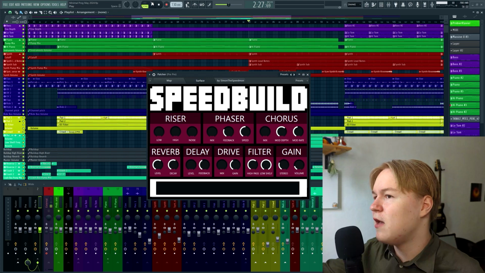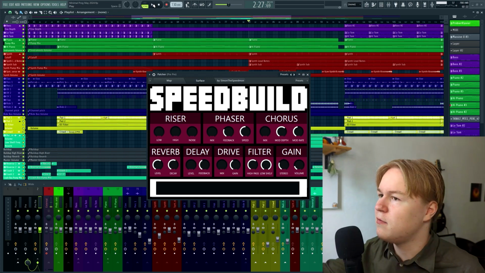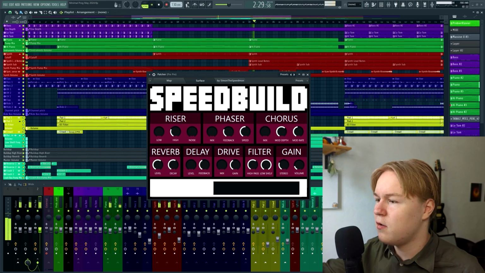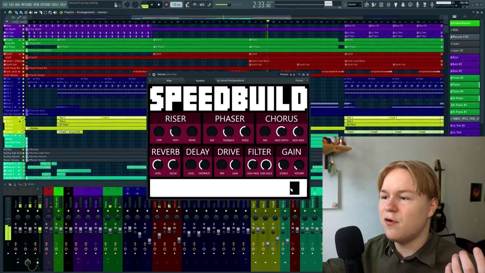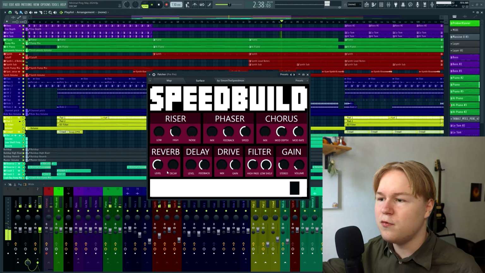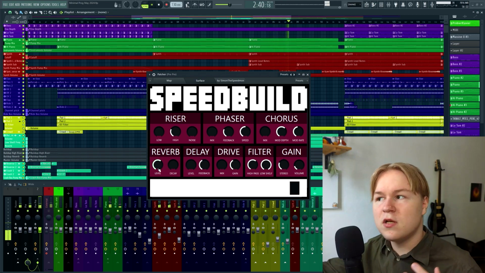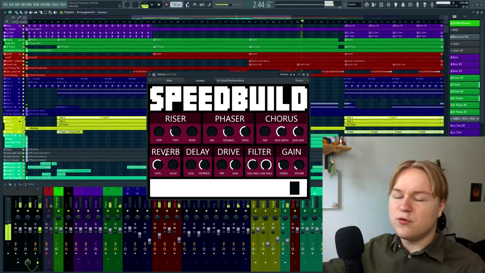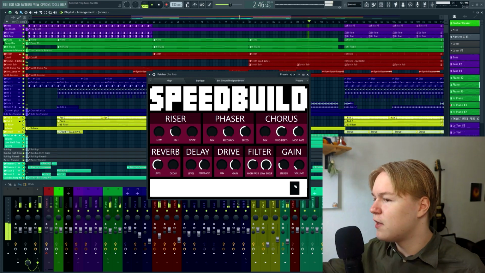So if we have a higher decay, of course, there tends to be more decay. So here there's a lot of build-up, it gets very diffused. If we have a lower decay, it's not that diffused, but we still have a bit of reverb. This level, of course, controls the wet signal of the reverb. If you want to control the dry signal, so to speak, that's already here in the gain section.